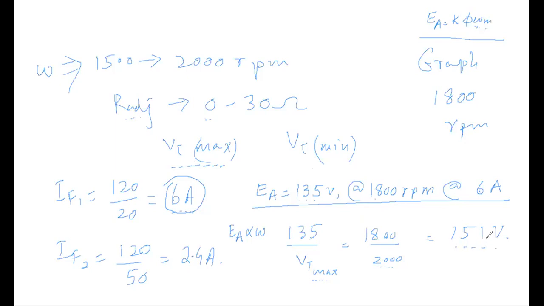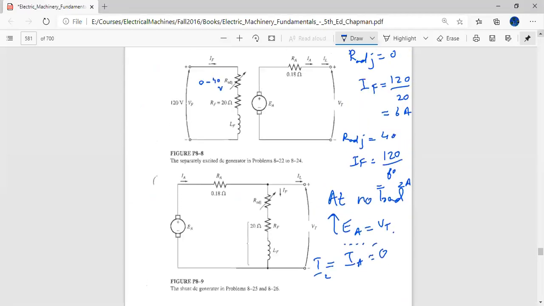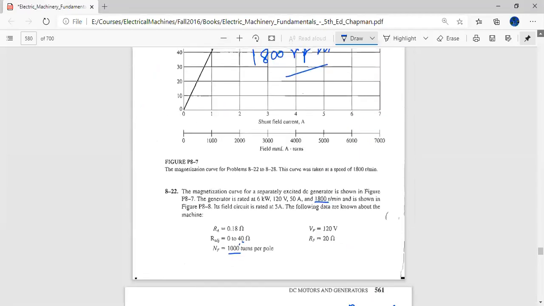But now in part B, this is a bit tricky because I haven't investigated my part A for 2.4 amperes. So for 2.4 amperes, I will have to check from my graph. Let's go to my graph. Where is my graph? New share book. Because I was investigating part A for 40 ohms, not 30 ohms. So it was for 2 amperes, not 2.4.